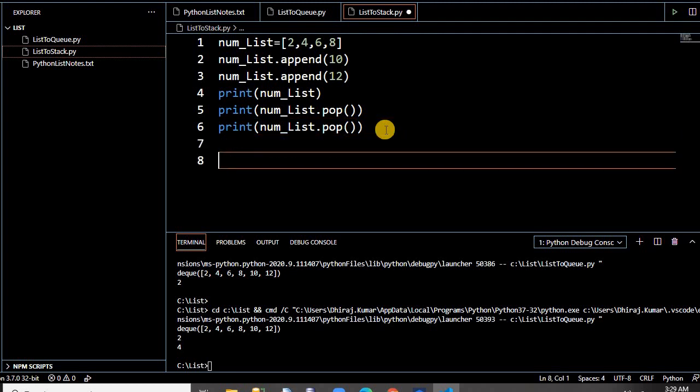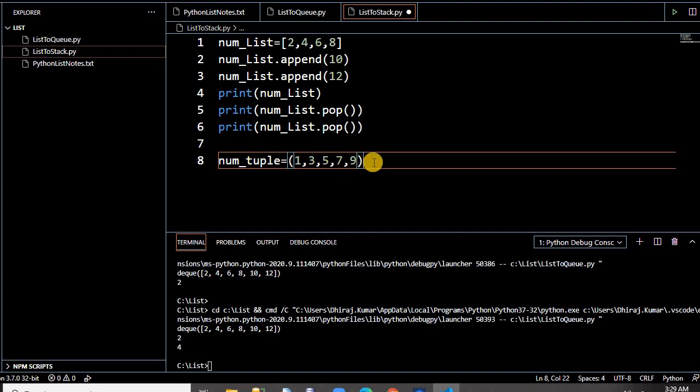Let's declare one num tuple. A list starts with square brackets, a tuple starts with round brackets. So let's start with odd numbers 3, 5, 7, 9.